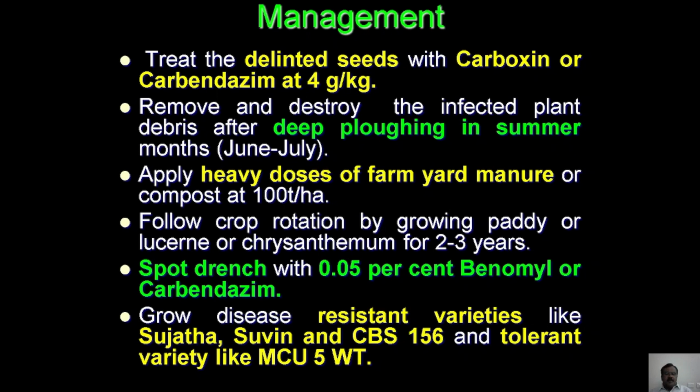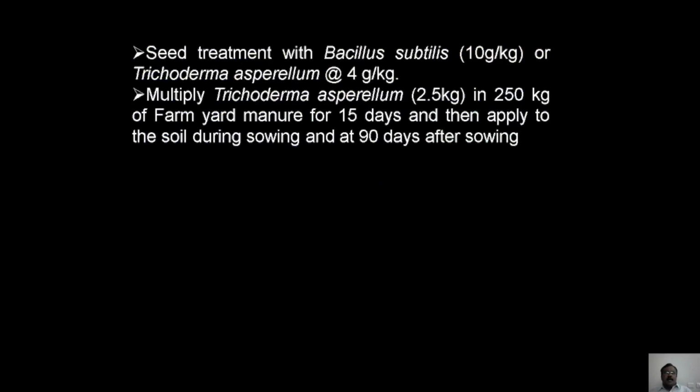And growing some of the resistant varieties is also recommended, which includes Sujata, Suvin as well as CBS 156, and the tolerant variety, that is MCU 5VT, which is also recommended. And for the organic management practices, you can treat the seeds with either Bacillus subtilis or Trichoderma asperellum at the